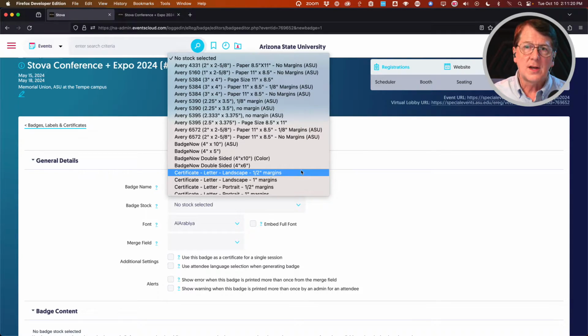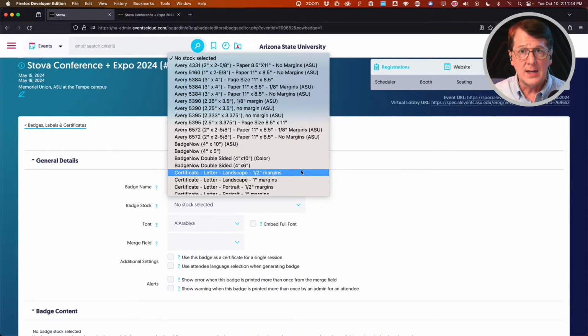If you are using a stock that's not on the list here, number one, if it's a manufacturer that's listed here, like Avery, double check your stock number versus all the compatibilities. Avery's are crazy for how many different stock numbers actually are the same badge template. So that's number one. Number two, if it's a manufacturer that's not listed here and there's no compatibility with any of these,